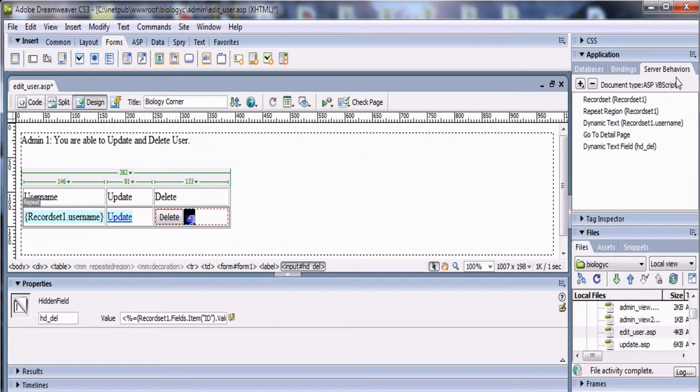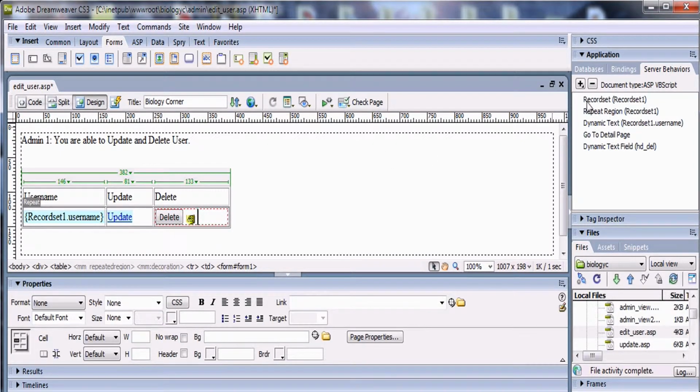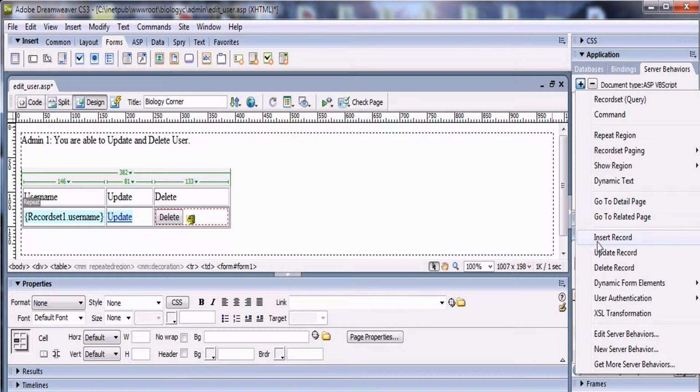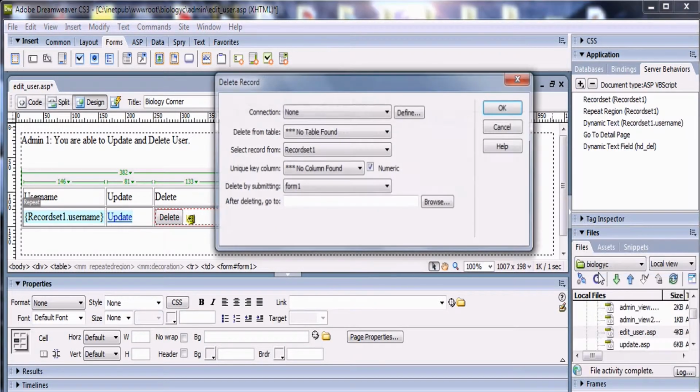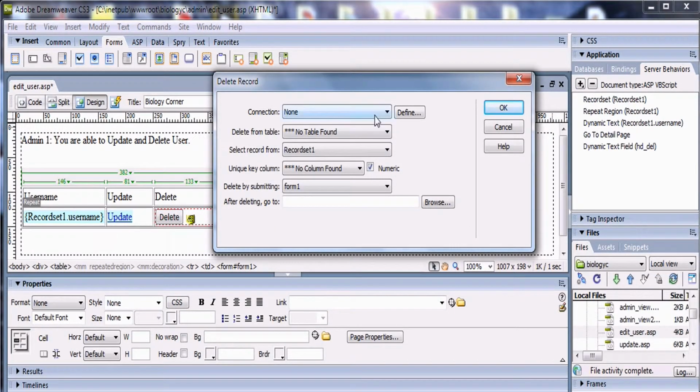and now go to server behaviors, click on plus sign button, choose delete record, choose the connection, delete from table register, select record from record set 1,